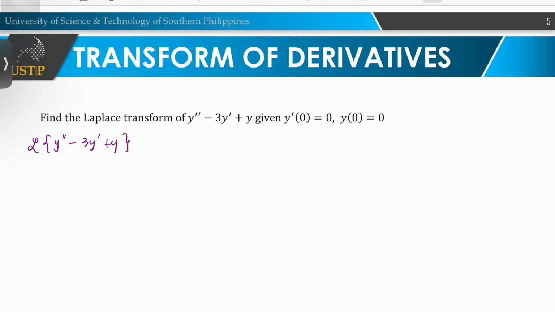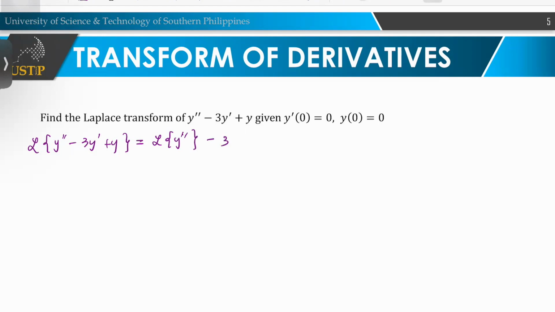Kaya wala man tay equal sign, di pa ni equation. So, ato lang i-apply ang na-learn in the previous slides. So, we use the linear property of the Laplace transform, class. Pwede nato ni siya ma-express in this way. This is the Laplace transform of y double prime